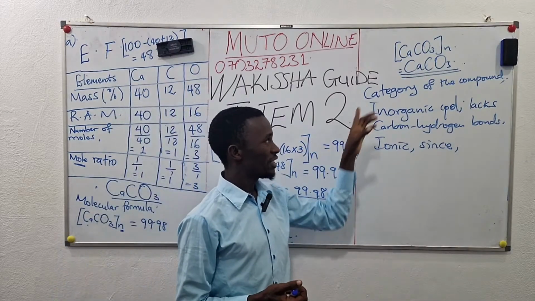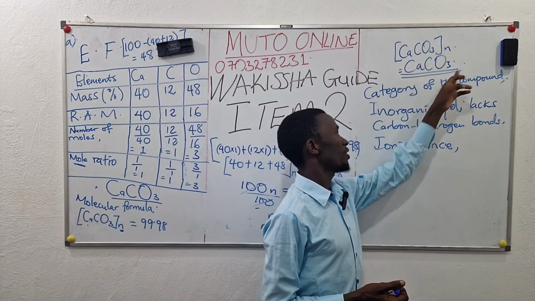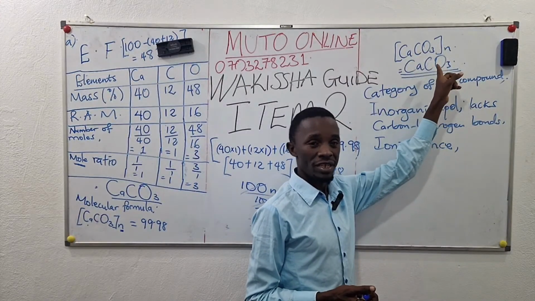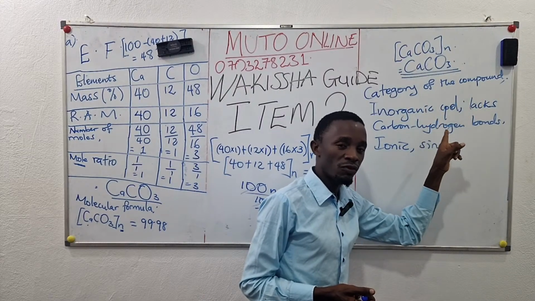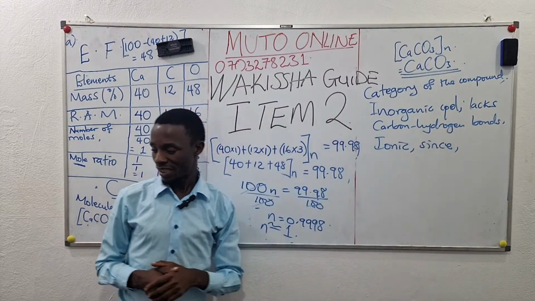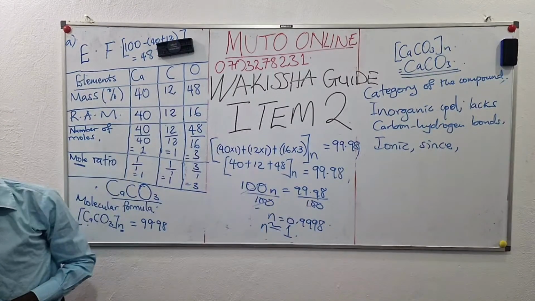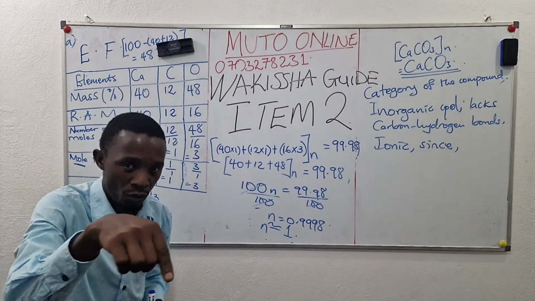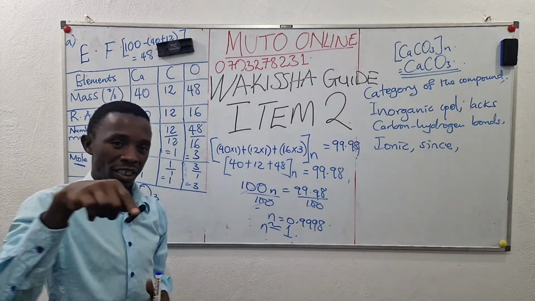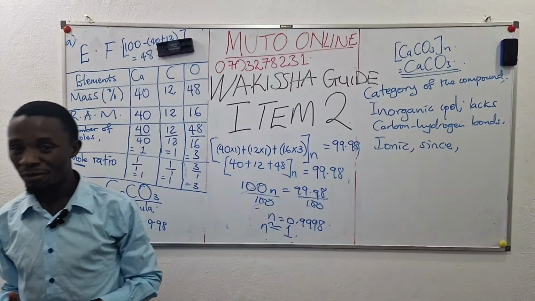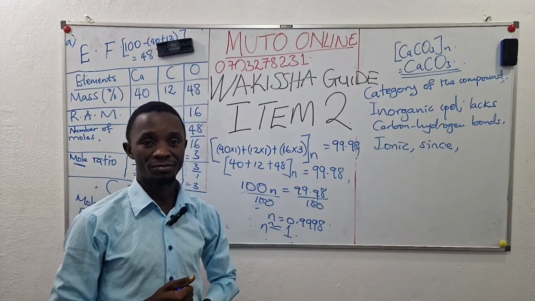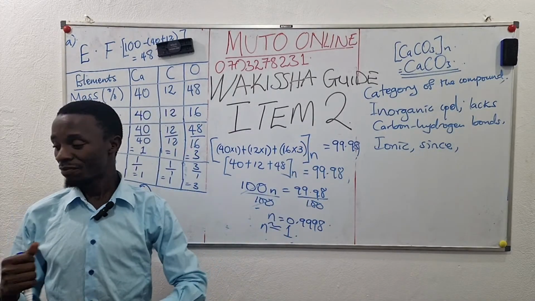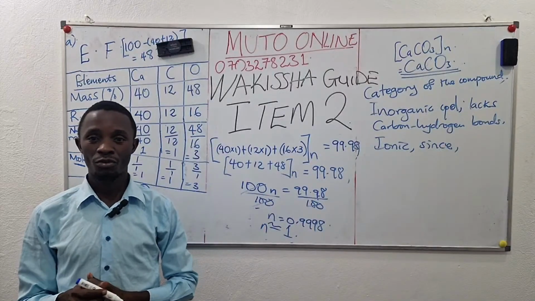The part of this substance, or the product of this substance, that may put out fire, not this very substance but the product of it that can put out fire, is carbon dioxide. But this item setter is stating that we give the suitability of this substance, the properties of this substance that make it suitable for putting out fire. So we are going to give the properties that make this substance suitable for putting out fire.